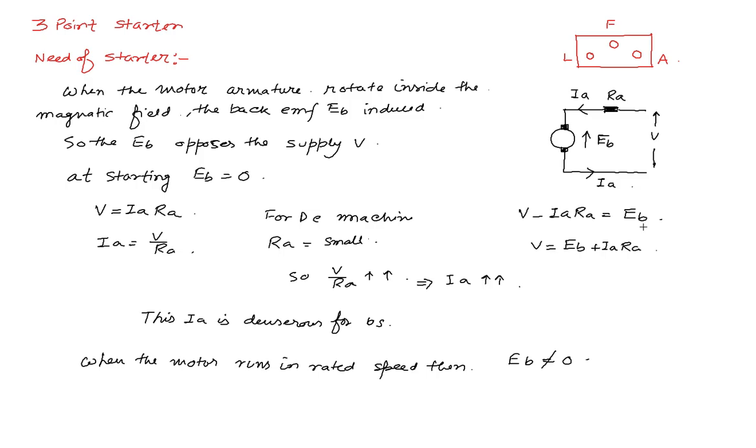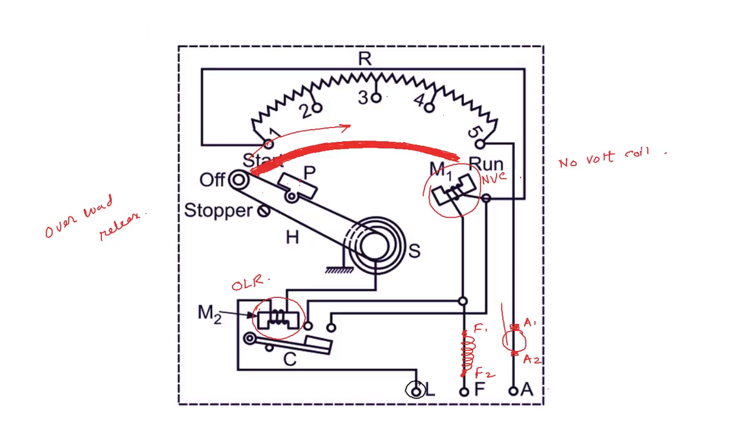So this is our motto: when the motor is in the stop position, that is the off position, we should connect some resistance over there, so that Ia is less, and as Ia is less, the motor is safe and we are safe. When this handle goes from 1, 2, 3, 4, 5, that is the run position, obviously this external resistance is cut from the armature circuit, and there is no issue,